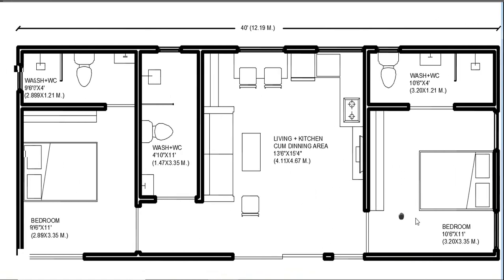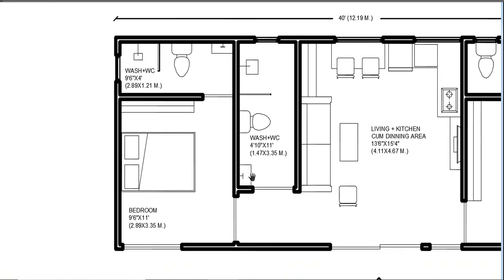So we have a common use washroom plus water closet here. You can see here the wash basin, water closet and the shower area, and we have a ventilator for ventilation of this washroom. This is a common use washroom plus water closet, and on the left side we have bedroom